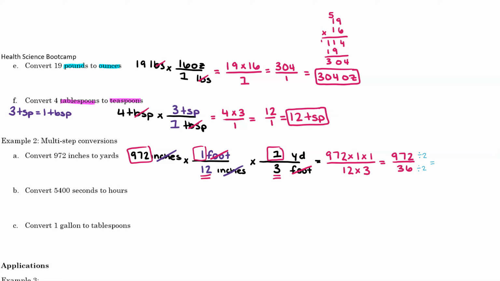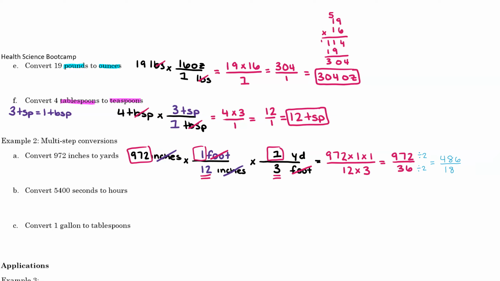So if I divide 972 by 2, 2 goes into 9 4 times with 1 left over. So now 2 goes into 17 8 times with 1 left over. And so 2 goes into 12 6 times. And then 36 divided by 2. So 2 goes into 3 1 time with 1 left over. So then 2 goes into 16 8 times. And like magic,